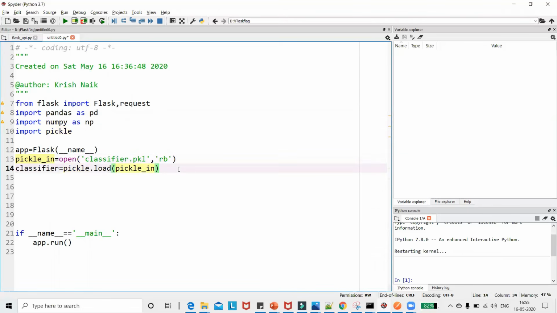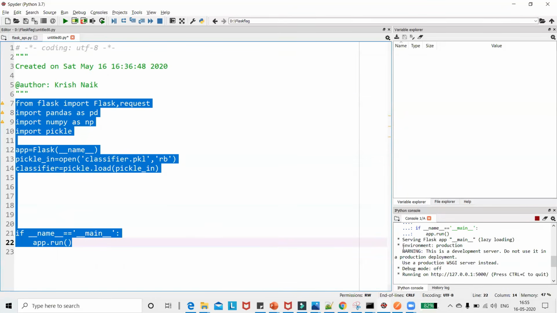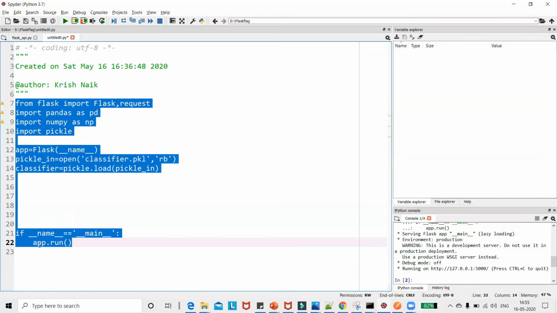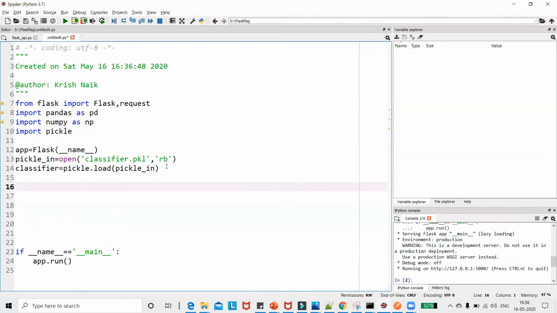Let's see whether it is working fine or not till now. If I execute it, you can see that yes, it's perfectly running. You can see this particular app is running at this particular port number. It's fine, so I'm just going to stop this. Now, what will be my next step? The next step is to create the root path of this Flask app. When we go to this particular URL, 127.0.0.1:5000, what page should it display? For that, I'll write one function which I'll call def welcome.